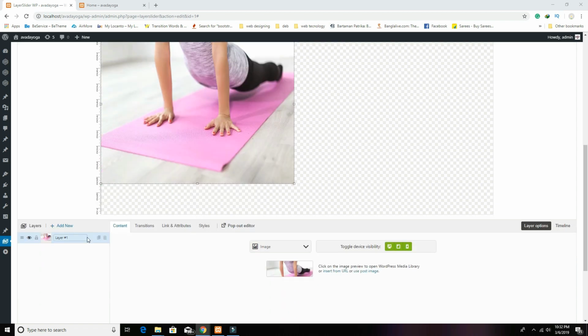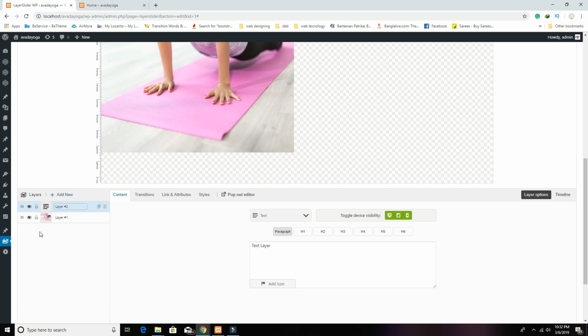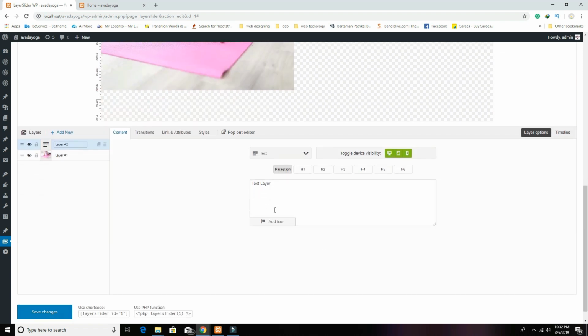Add a text layer, add new text layer. So in the text layer, what I have to do is add some random text,